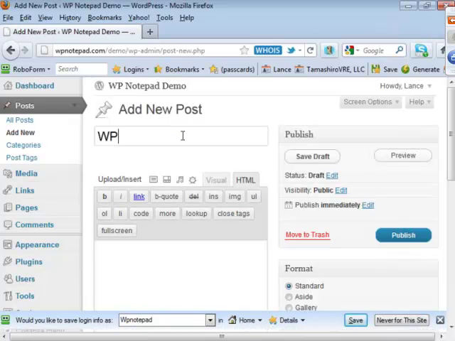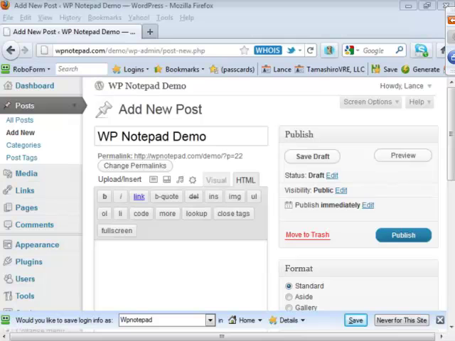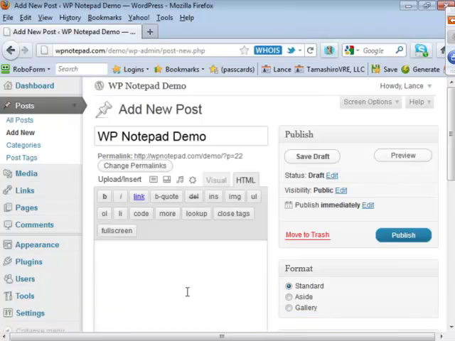So I'm just going to put this as WP Notepad, and you guys will all be able to see this, and you'll be able to see the difference between being logged in and being logged out as well. So I'm going to go to WP Notepad demo, and what I'm going to do here is put in some code. If you ever need to know where this is, it's in the plugin at the very bottom, where I showed you in the advanced. It shows you all of these codes. But what I'm going to do is paste this in.